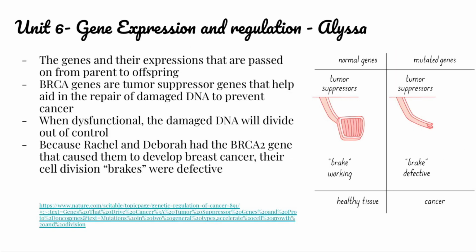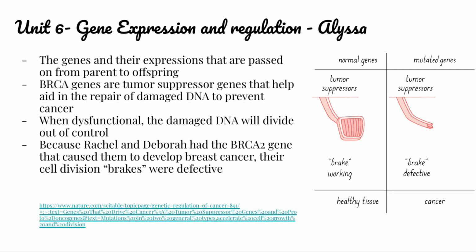Unit 6, Gene Expression and Regulation, is about genes and their expressions that are passed on from parent to offspring. So the BRCA genes we're looking at are tumor suppressor genes that help aid in the repair of damaged DNA to prevent cancer. But when dysfunctional, the damaged DNA will divide out of control and cause cancer. Because Rachel and Deborah had the BRCA2 gene that caused them to develop breast cancer, their cell division brakes were defective,